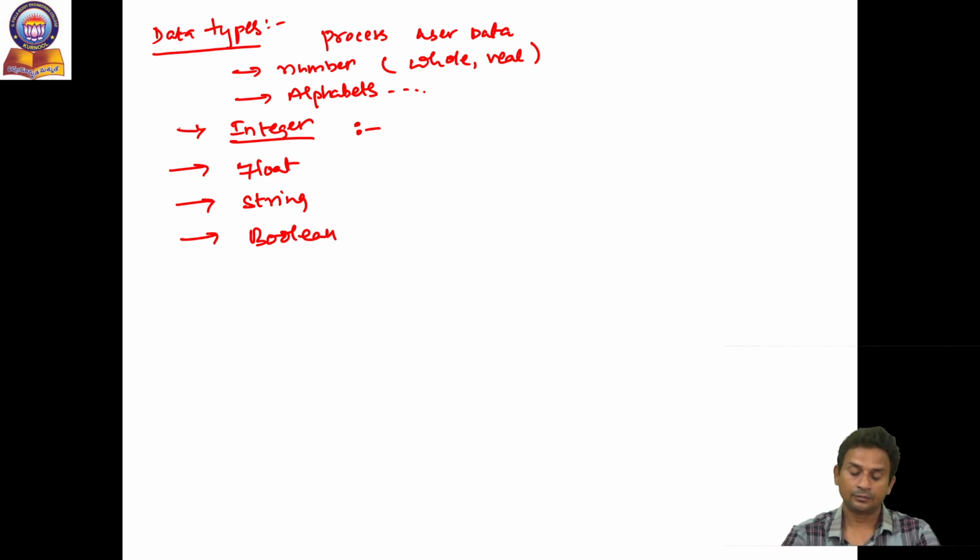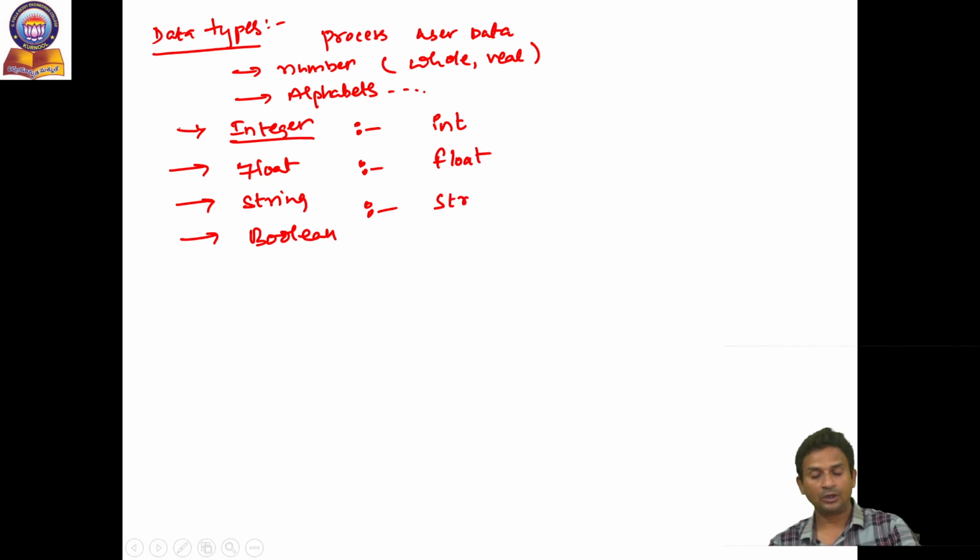The keyword used for representing the integer data type is int, and the keyword for float is float, the keyword for string is str, and for Boolean it is bool. As I mentioned, generally the data will be stored in variables, and we do not explicitly specify the data type of the variables. The variable will become of a specific data type whenever a value is stored in it. Example,